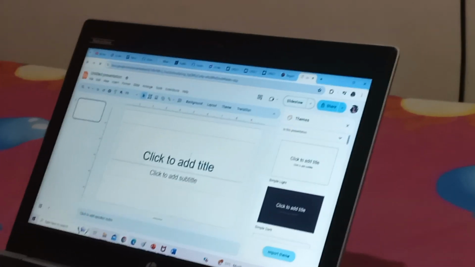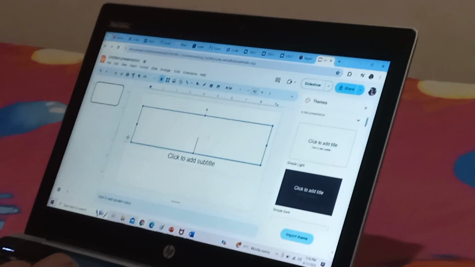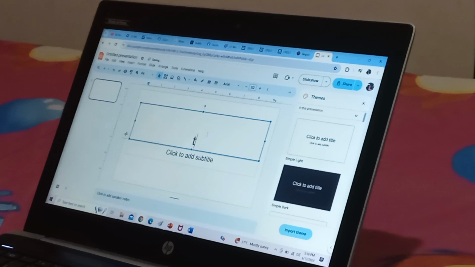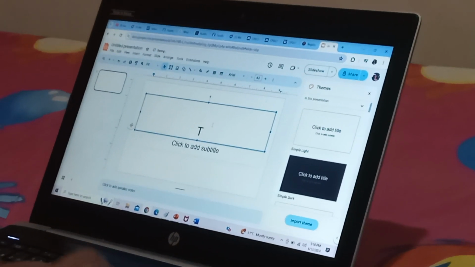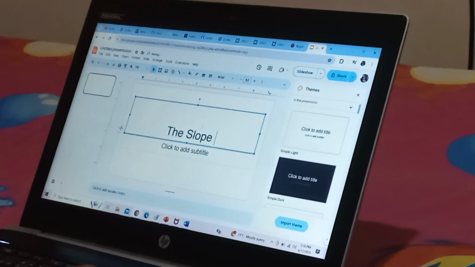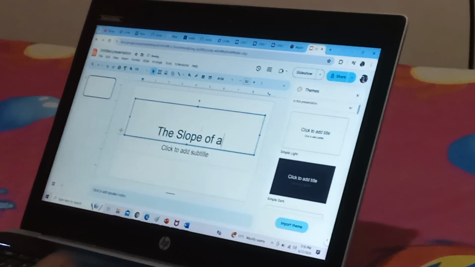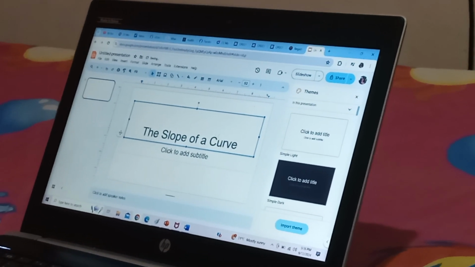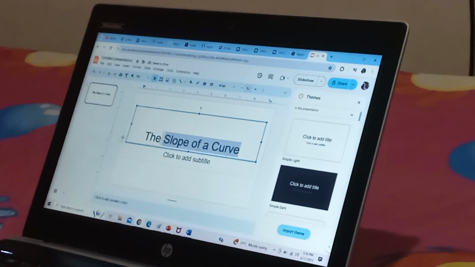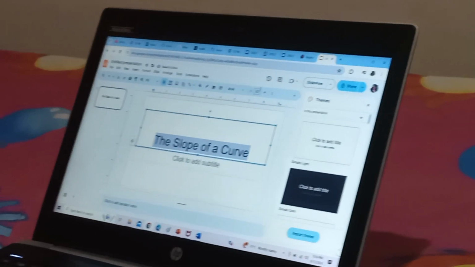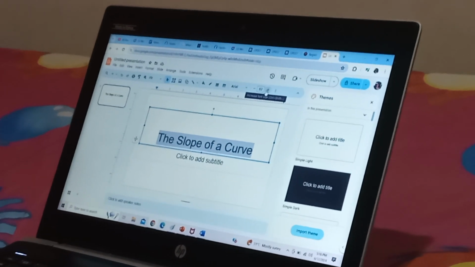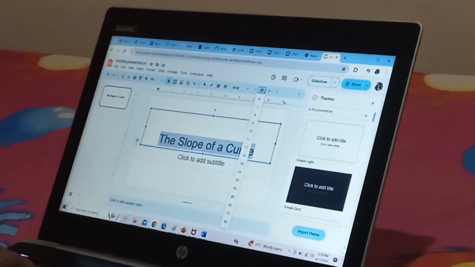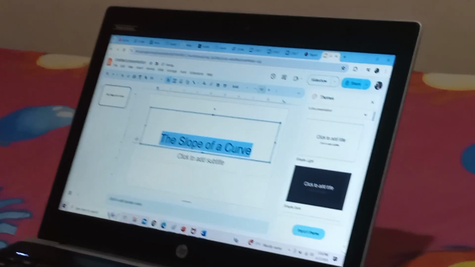And on this first slide, I will put the title of my presentation, for example, the slope of the curve. So here, I want to change the font size. For example, I will change it to 50.